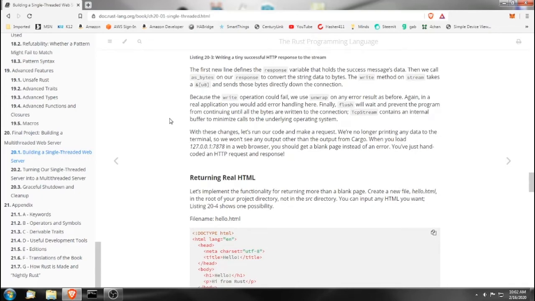The first new line defines the response variable that holds the success message's data. Then we call as_bytes on our response to convert the string data to bytes. The write method on stream takes a reference to a slice of u8,